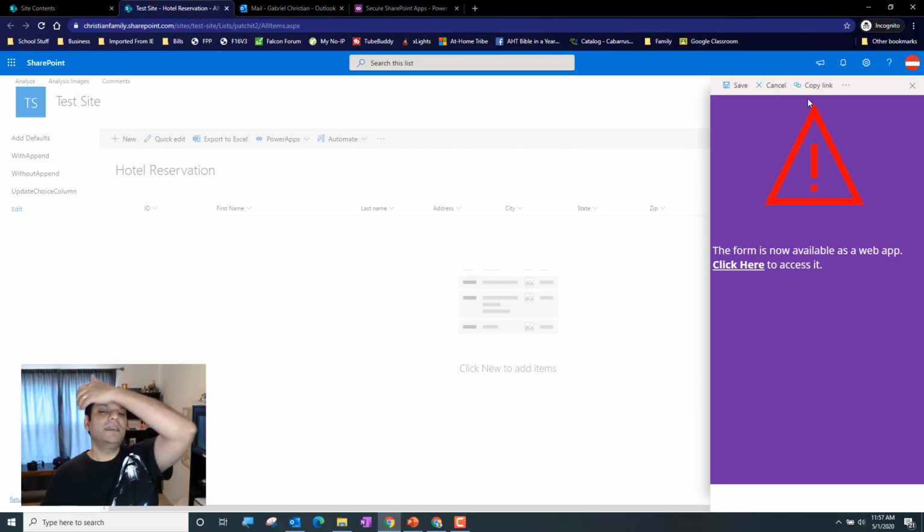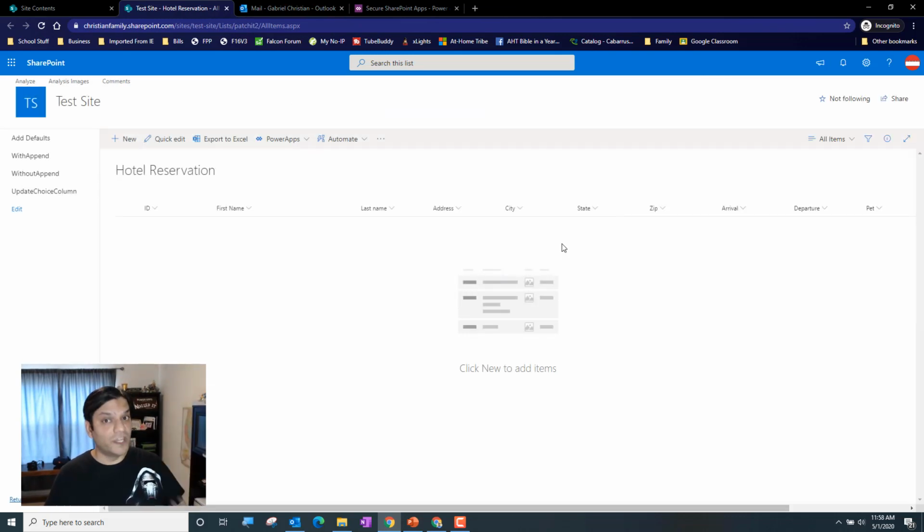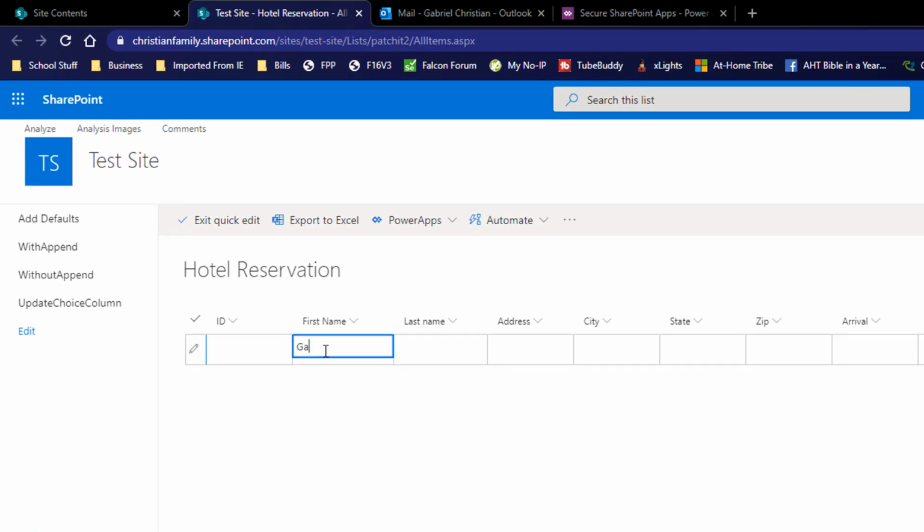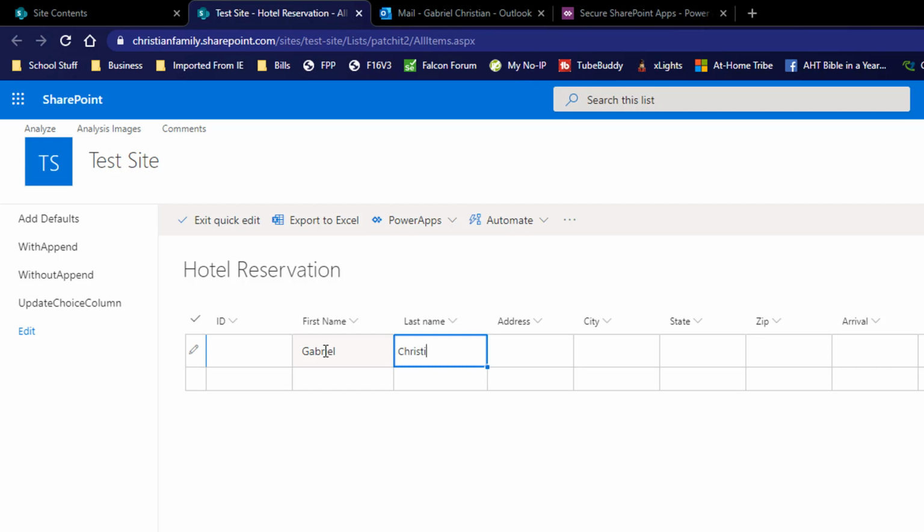All right, but let's take it a step further. That Gabriel is very savvy. So what he's going to do is, all right, I couldn't do it as a new item, I'm going to try the quick edit. So I do a quick edit over here. I click on the quick edit, and it shows up. So let's try Gabriel Christian,